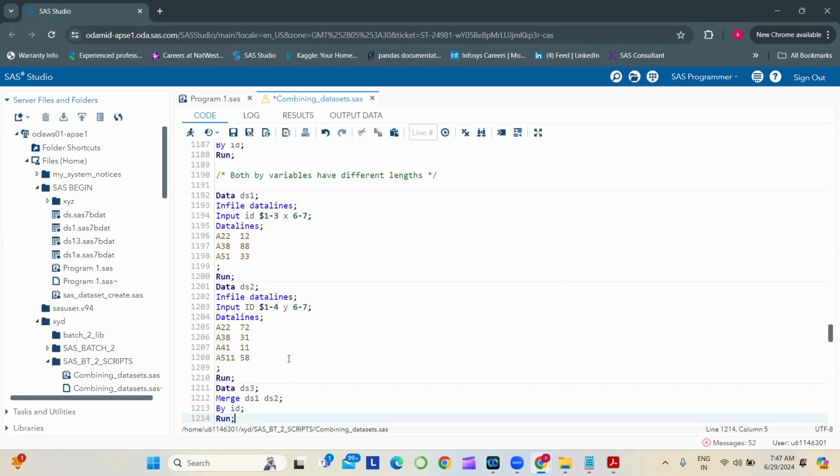Because X and Y lengths are the same, it is considering 58, whereas for ID the length is different. For DS1 it is 3 and DS2 it is 4. We have mentioned first DS1, so it will consider length as 3 only. So it is eliminating A511, but whereas the length of X and Y remains the same, so it is considering 58 for the